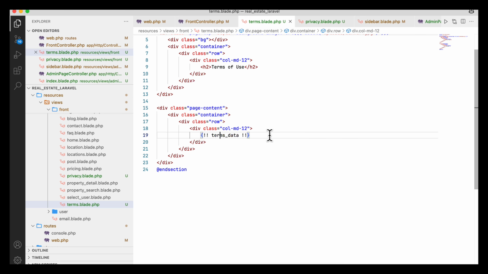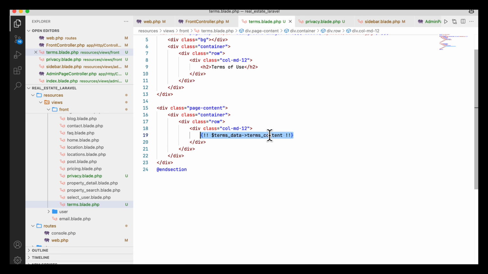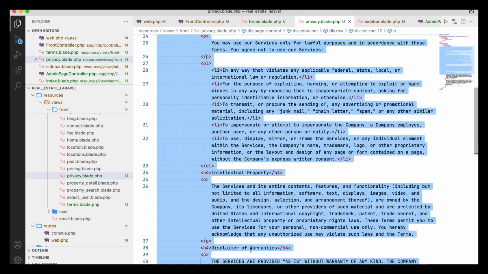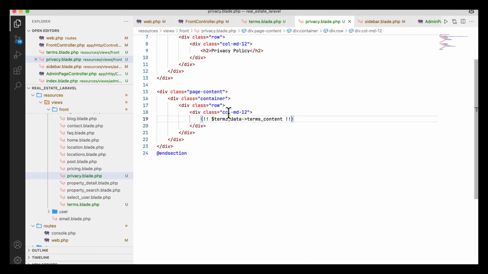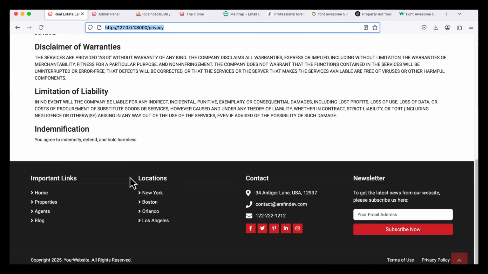So it will be terms data, something like this, terms data of terms content. So similarly I am going to the privacy, remove all the data from here and replace it. It will be the privacy data and privacy content. So let's do that. You see in the front end it is coming,